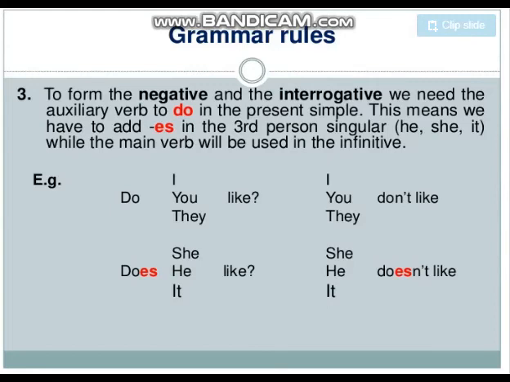So we have these two helping verbs, do or does, in negative and interrogative sentences of simple present tense, while in simple sentences, assertive sentences, positive sentences, we don't have any helping verb. So when do we use do? Whenever we are not using s or es, like with I, we, you, they, in plural nouns we would use do, but with she, he, it and singular nouns we would use does.